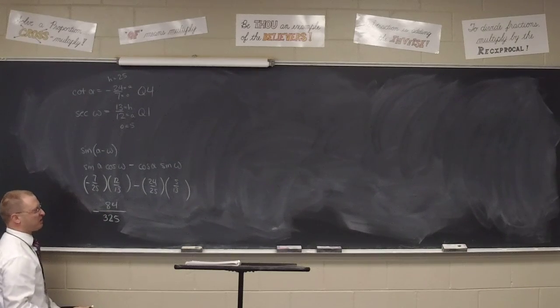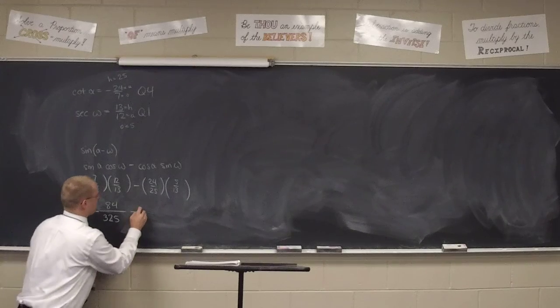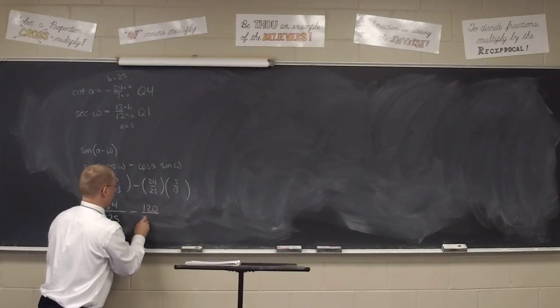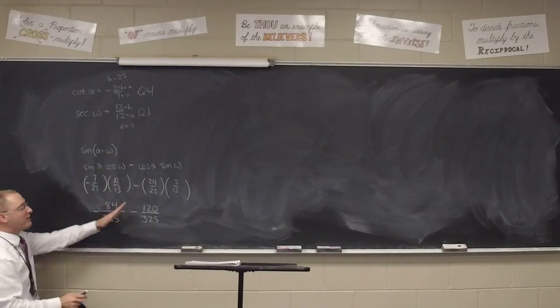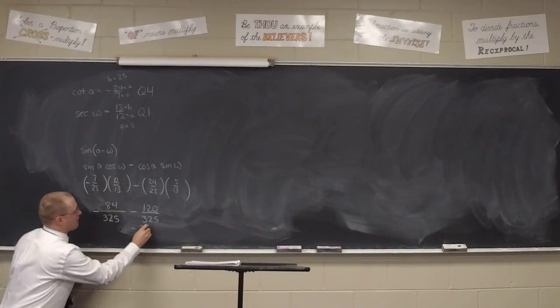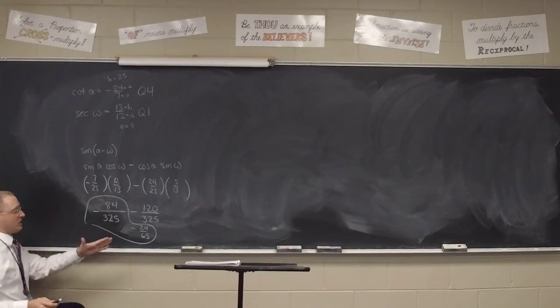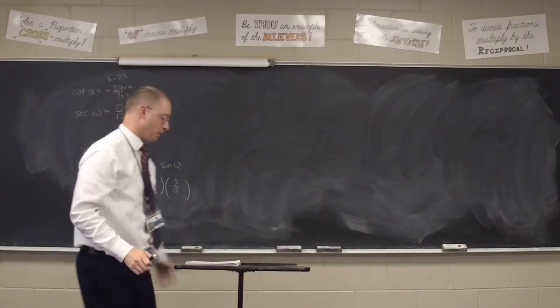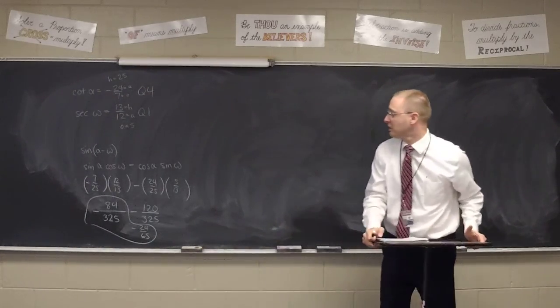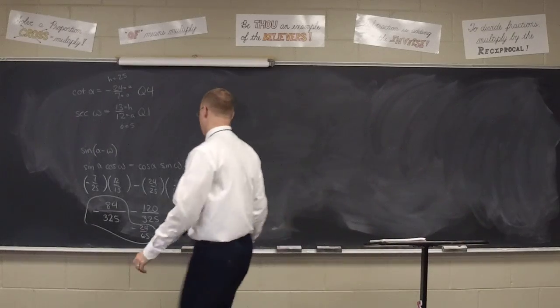The calculator will reduce it to negative 24 65ths, but it can still subtract these together. Negative 84 325ths minus 24 65ths gives you